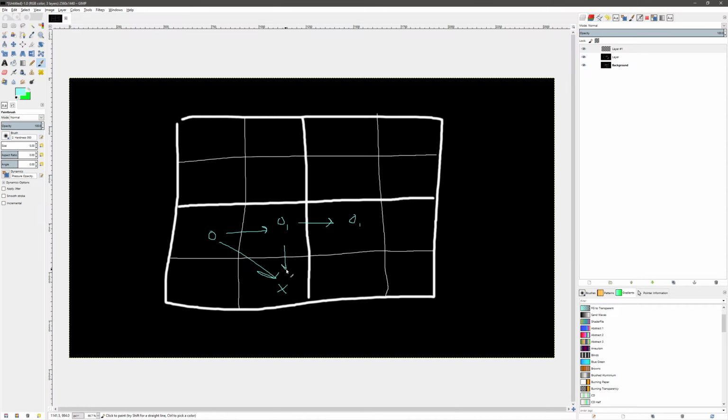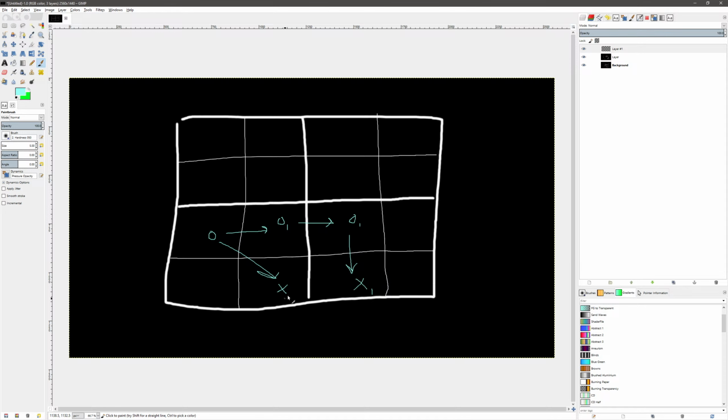This one tries to traverse here, we can't because this one is less than x. We try to traverse here, we can't because this one is less than x. This one never traverses because it doesn't have enough water to. But then this one traverses here, so we get 0.1 here, but this is less than the water amount, so